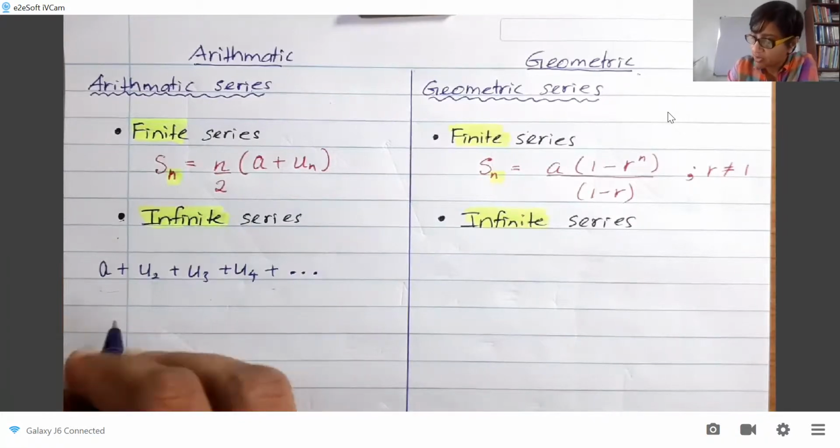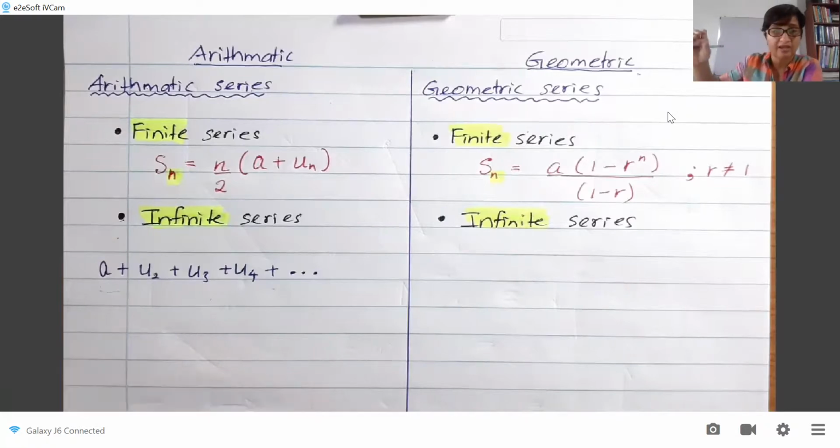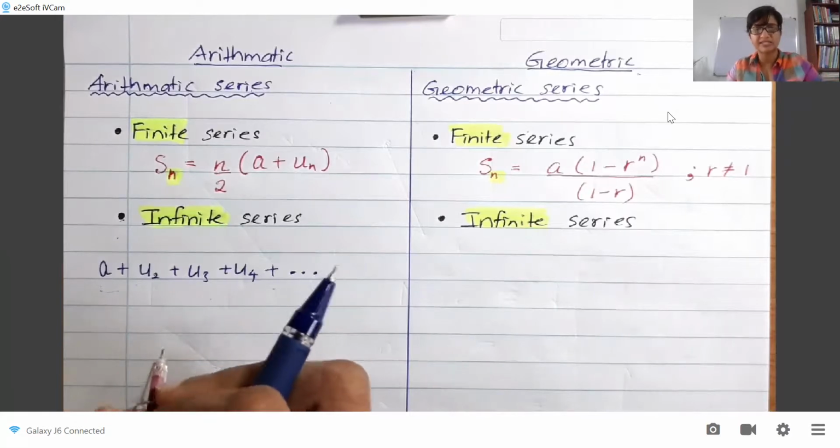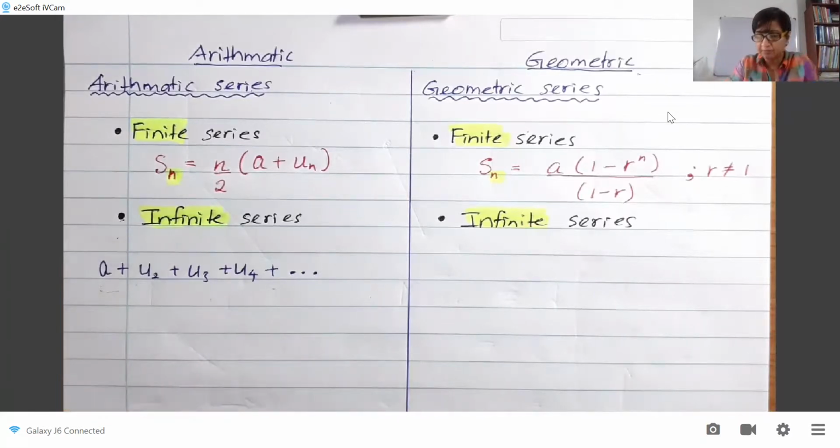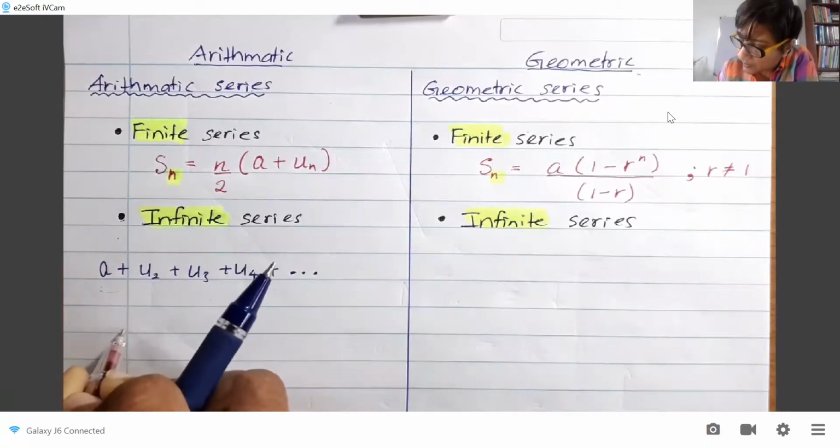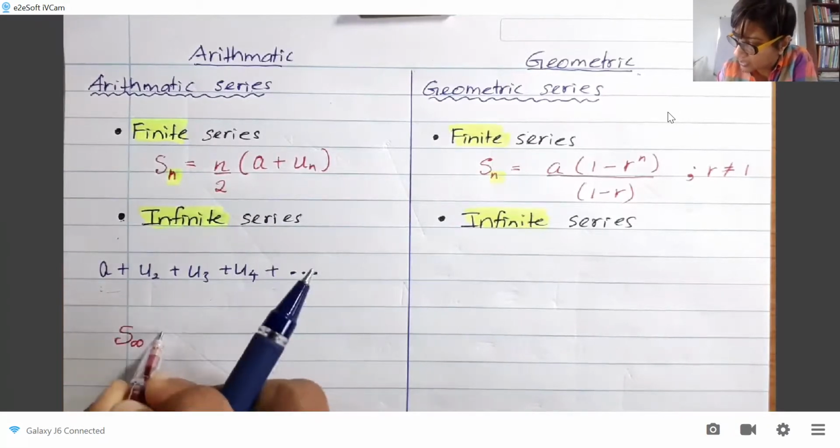If your d is positive, that means your terms are getting bigger and bigger. When your d is positive, if you find S infinity, you get your S infinity. Let me write S infinity in red. There is no formula. The answer of this sum is not going to be a finite number. So for an arithmetic series, S infinity is going to be equal to,